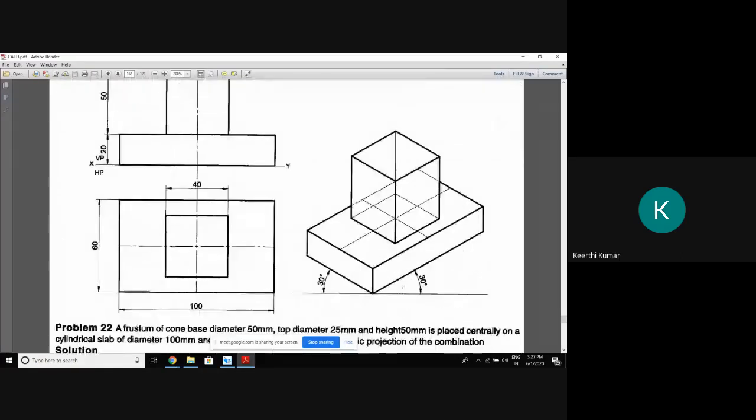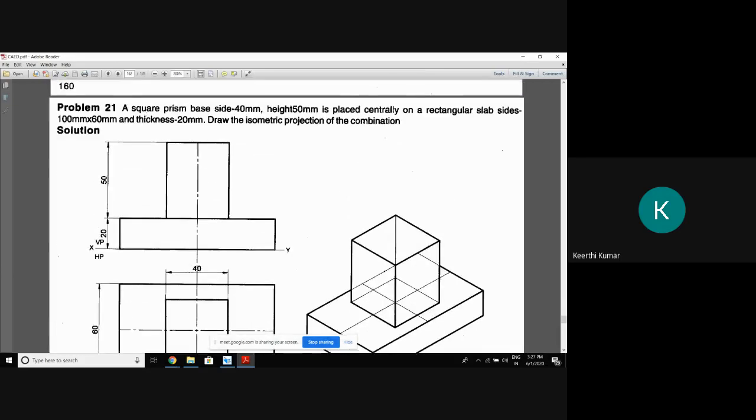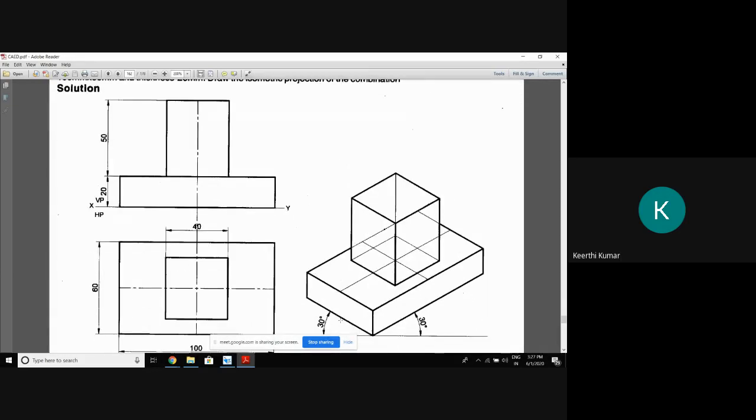The rectangular sides given are 100 into 60. You can take this side 60 and this side 100, or left side 60 and right side 100. That is left to you. Complete the base of the rectangle with parallel lines. Then raise the height from all four corners. The height is 20. Don't forget to multiply by 0.8164. First complete 60 mm on one side and 100 mm on the other, multiplying with 0.8164. Then raise the height equal to 20 into 0.8164.